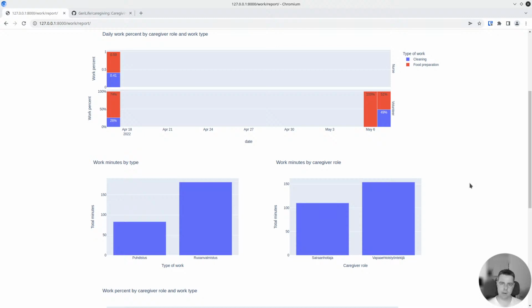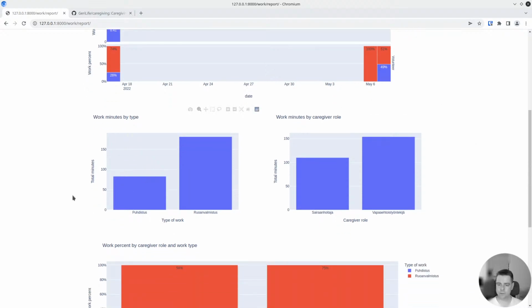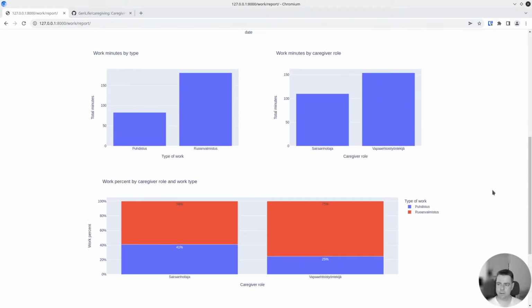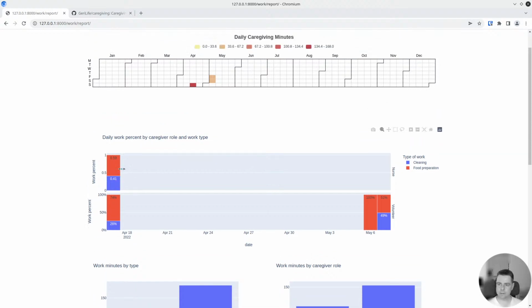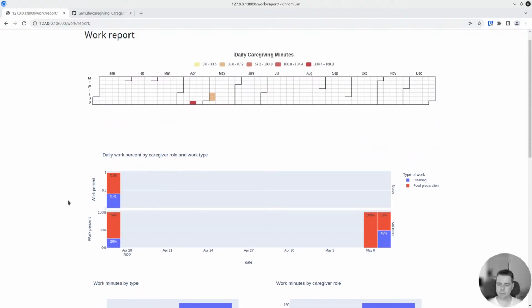We're looking at those activities from different angles over the course of time or as a whole, like the totals. In particular, we're looking at a chart that shows the work percent over time: what proportion of their time the different staff and volunteer roles are spending in different types of work activities. This is to improve staff well-being